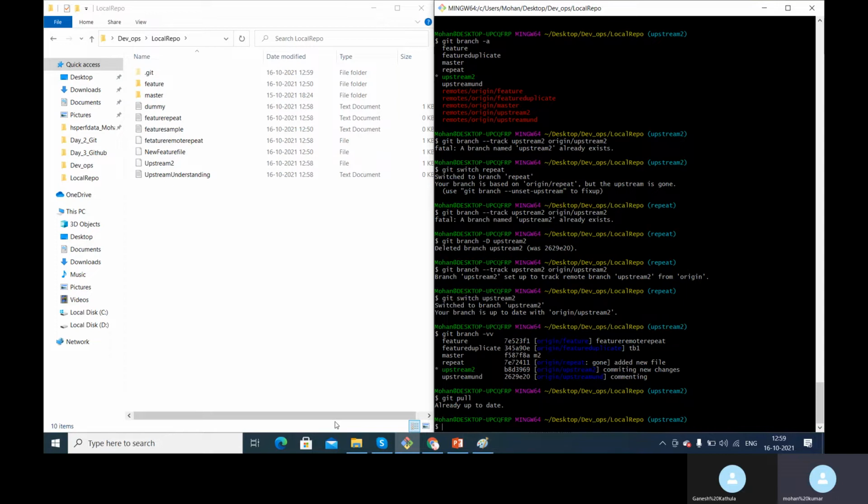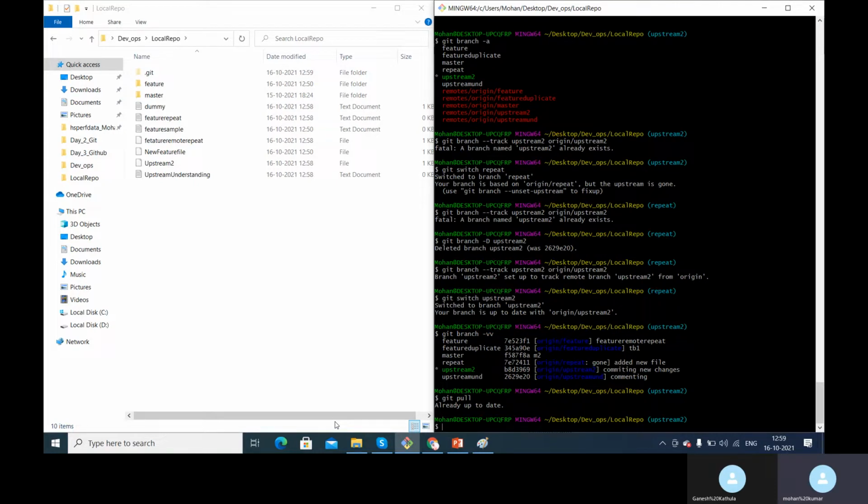So this is all about connecting the local repository to the remote repository, and understanding local tracking branches and remote tracking branches. If you use -u, which is upstream, when you are pushing the code for the first time, it will automatically create the local and remote tracking branches, so that you don't need to go through all this hassle of switching to another branch, deleting the branch, and then getting the changes from the remote repository into the local repository. All these things don't need to be done.